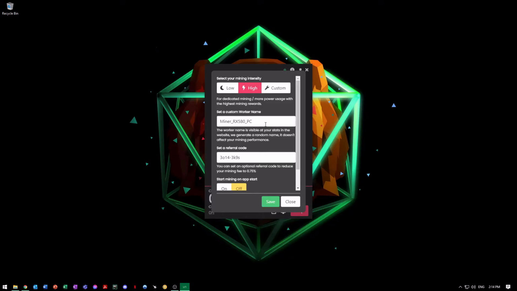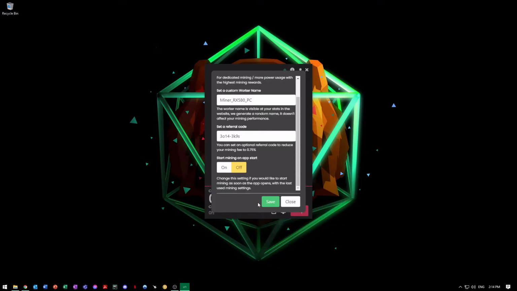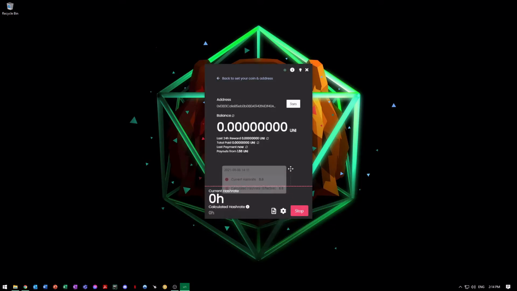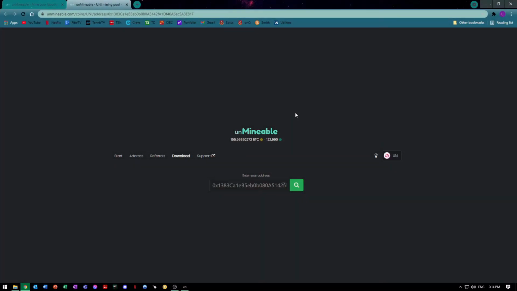Other than that, you can change your worker name that will show online for your stats. And yeah, that's pretty much it for settings. If we go back, again, don't be worried if it's showing a 0 hash rate for a little bit. It does take a little bit to set up. So if you go to stats up here, it will take you to the unMineable website with your address,